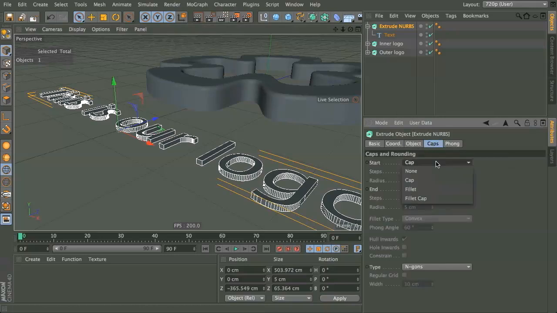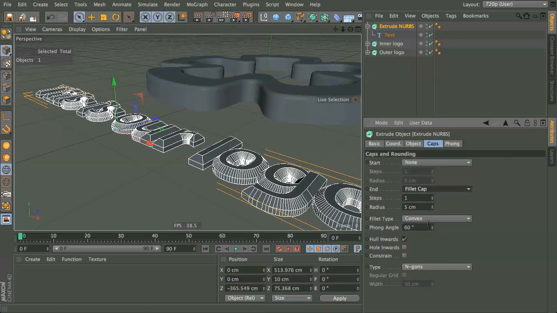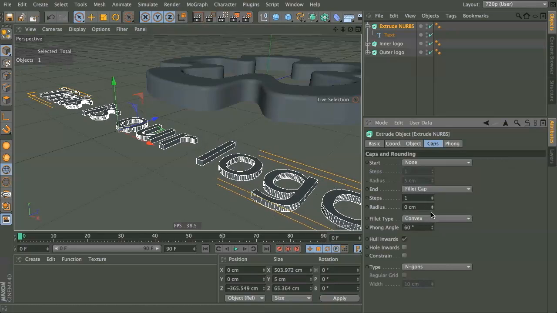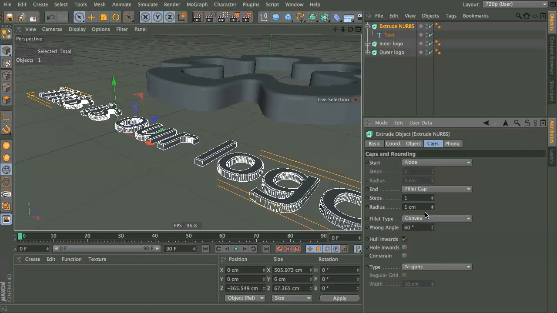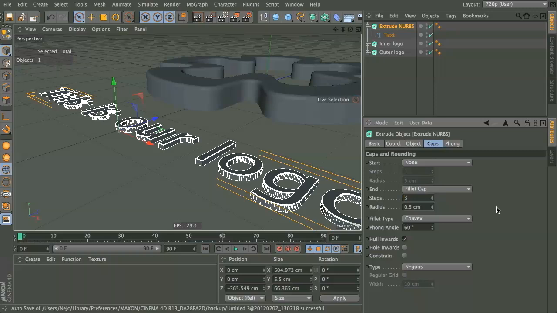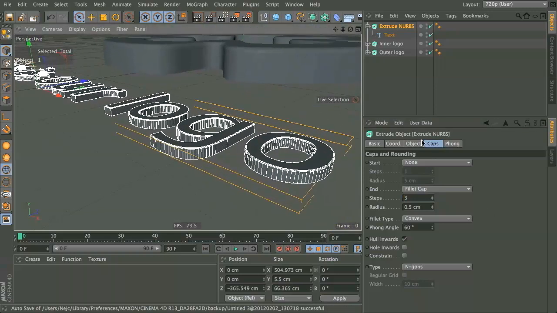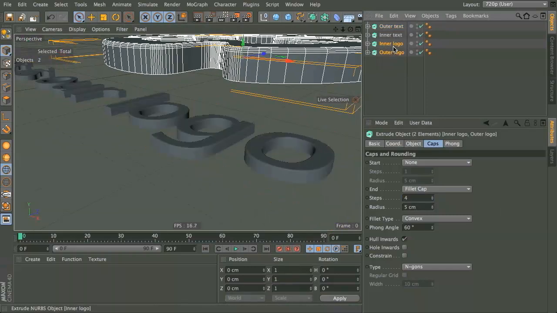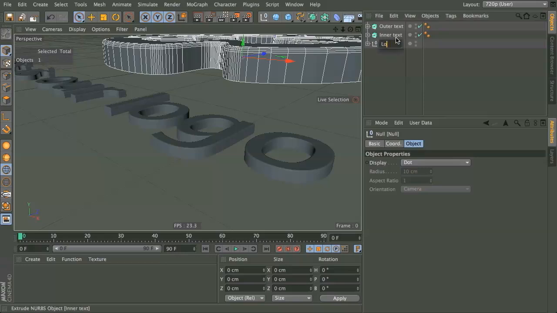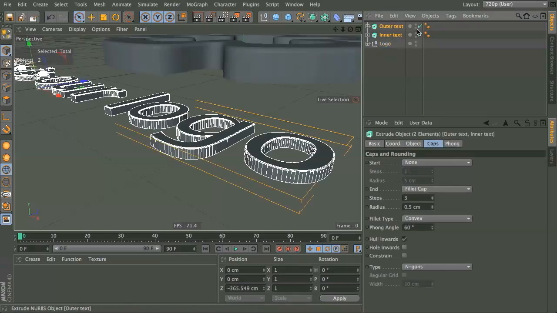I'm gonna create a cap on the top again, really small one, like 1 or even 0.5 centimeters. Set steps to 3, I think this should be enough. And this is our inner text. Duplicate this one and call it outer text. And okay, let's just group those a little bit. So selecting this is our logo. Selecting those, Alt G,